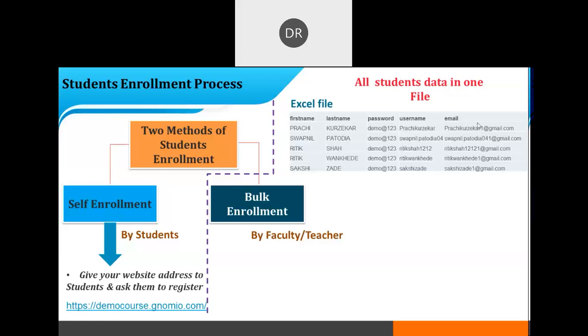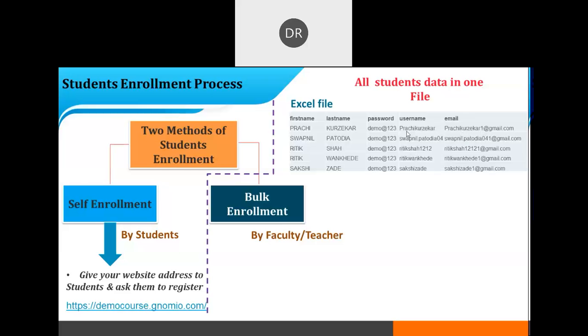You can select the first part of the email as the username for that particular student. The username should not be the same for two students. Normally emails are different; it is a unique identity of the students or teachers. So you can select the first part of the email as their username.